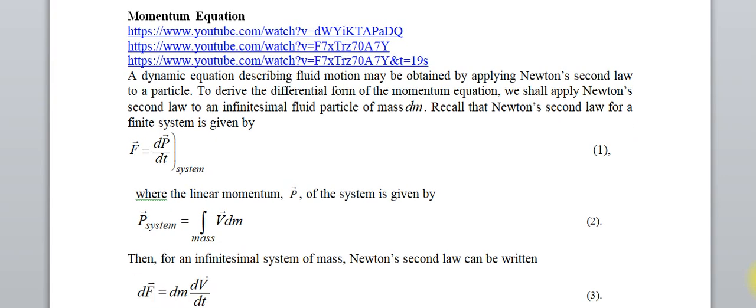The momentum equation for any fluid, and you can use these lectures. Okay, so